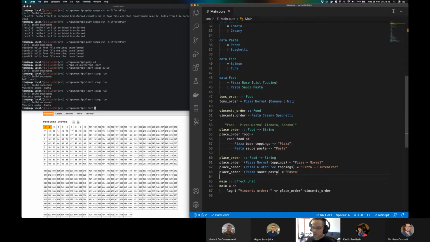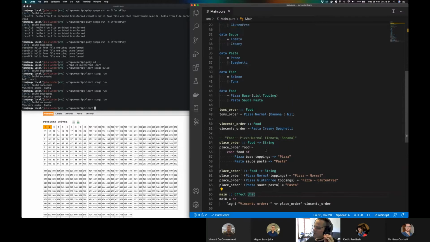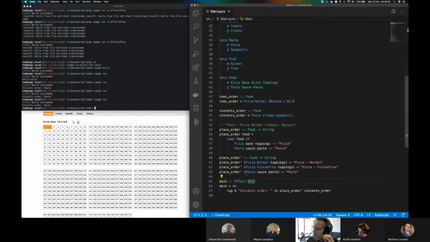It would be difficult to do it, I think. So that's pretty cool, don't you think? And of course we can just keep deconstructing, right? Interestingly, toppings is now a list, so we'd want some kind of list syntax there. But now that we've got this cool structure and we've got this kind of printing idea going on here,